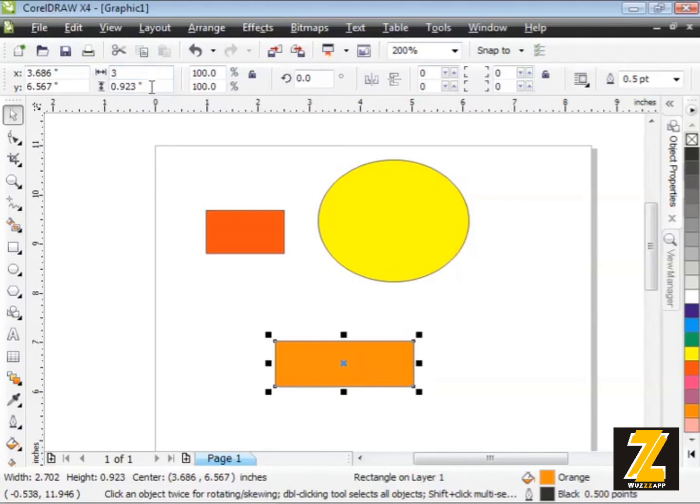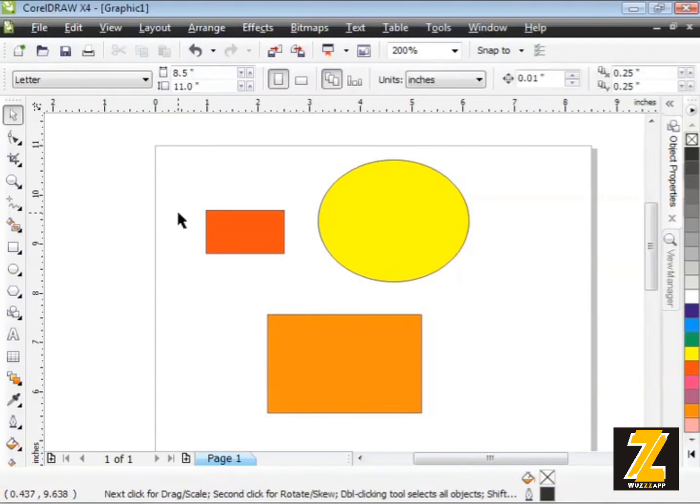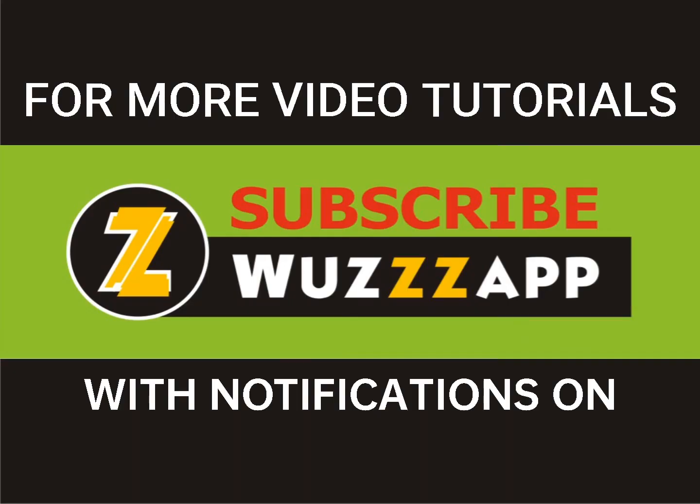So maybe I'll do, say, something like this, and I'll just hit enter to lock that in, and of course, my shape resizes there. Or I could scale the fella if I wanted to as well. So anyway, there you go. Resizing, nudging, micro-positioning, all that good stuff. To change your